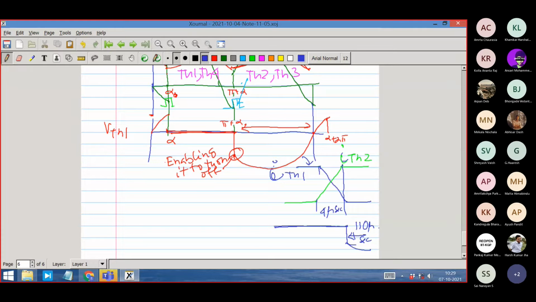110 microsecond. That which has to be maintained. So this is VTH1. That time is known as the TQ time, turn off time, and this time is known as TRR time, that is reverse recovery time. When the current through the thyristor, I have drawn it a little simplistically.